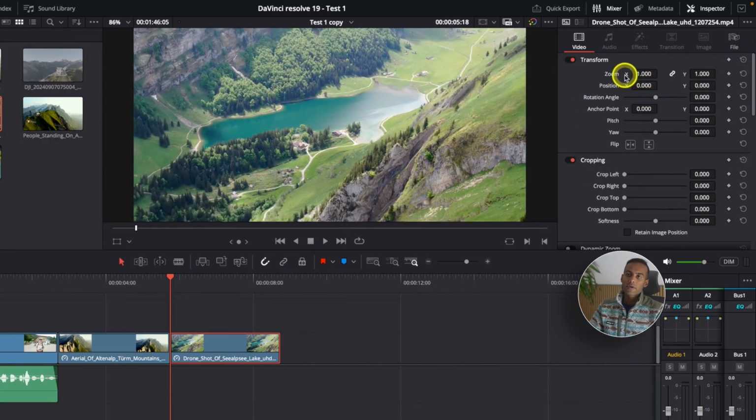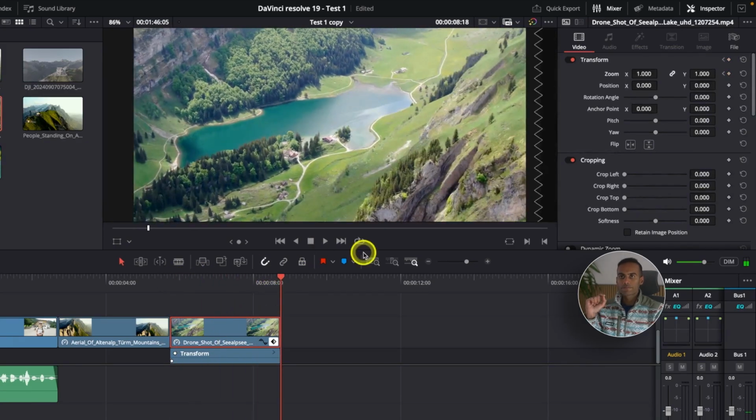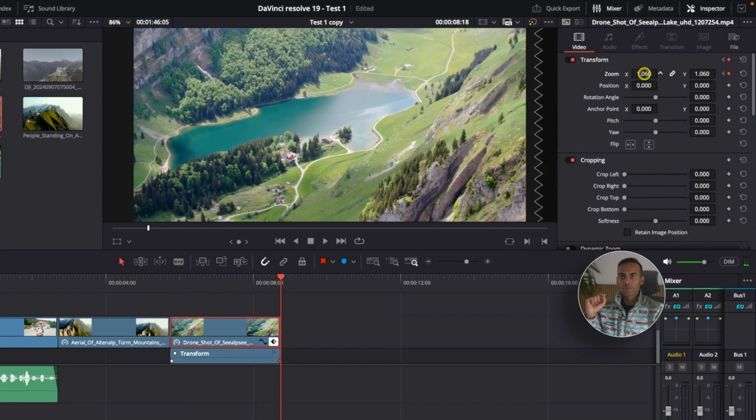So how do you do keyframing? There is a diamond next to everything. Zoom, position, crop, everything you see, there is a diamond next to it, so that all those things can be keyframed. So if I just press this diamond, and if I open a diamond here under the clip, it means that we have a keyframe set there. So the zoom property of this clip at this position is 1. But if I go towards the end, then I want to change the zoom to maybe